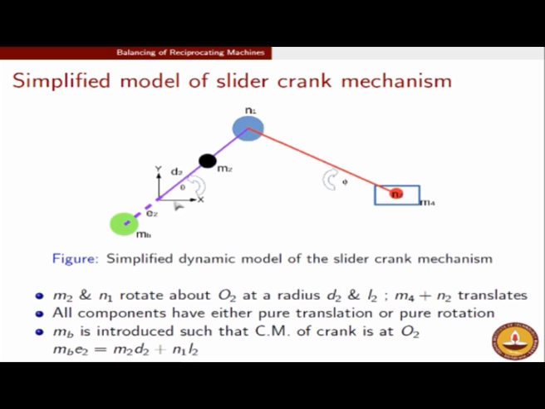N1 times L2. This distance is L2. Okay. So N1 times L2 is the unbalance due to this blue mass, M2 times D2 is the rotary unbalance due to this black mass. This has to be balanced by putting a counter mass on the other side. So MB times E2, if you put the counter balance exactly in the opposite direction, you should be able to